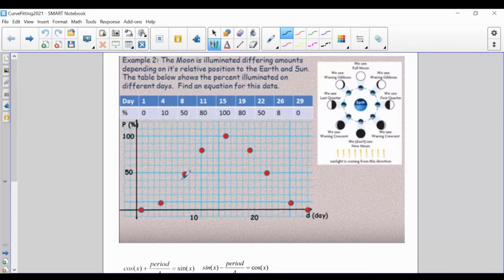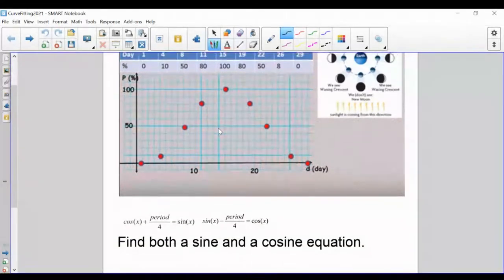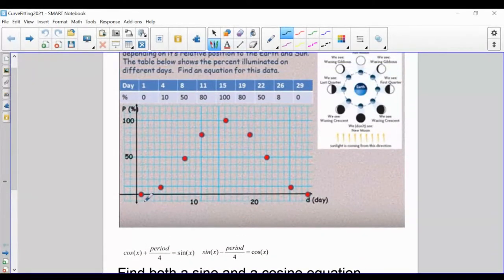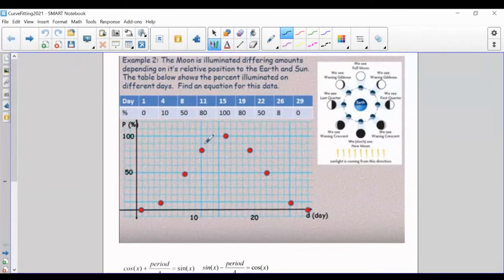So we gave you a graph that shows you how this illumination changes over the period that's shown by the table. On day 1, you're at 0. By the time you get to day 29, you're back to 0. And these numbers represent where you are on different days within the month. Okay, so could we figure that out? It's good that we have the graph to help us out. But if we just had the table, and you're going to end up with just the table, are you able